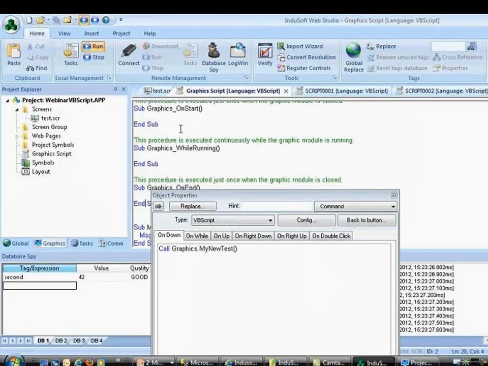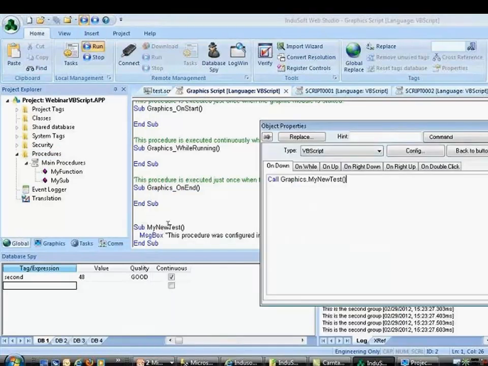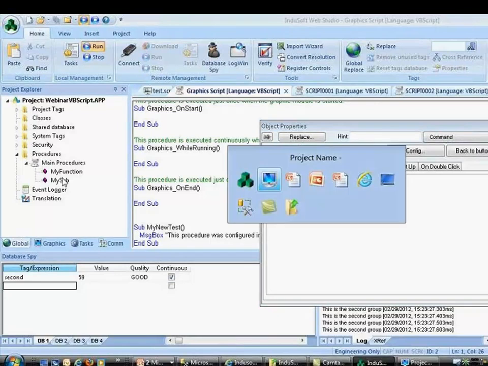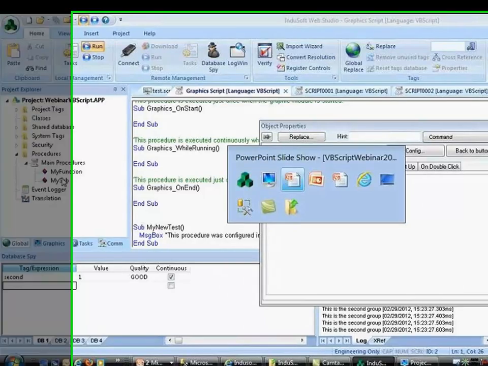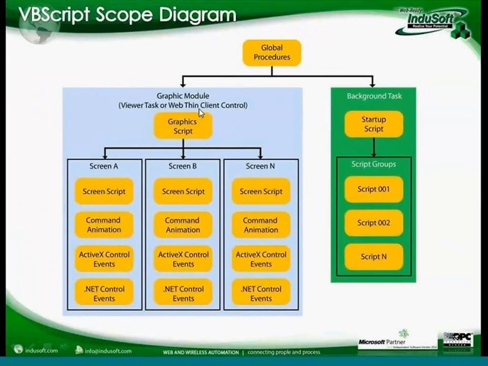So you can create functions in the global procedures, and I can create functions in the graphic script as well. But to call the functions from the graphic script, you have to use the graphics dot in the name of the procedure. And global procedure functions or subroutines can be executed from anywhere, while the ones from the graphic script